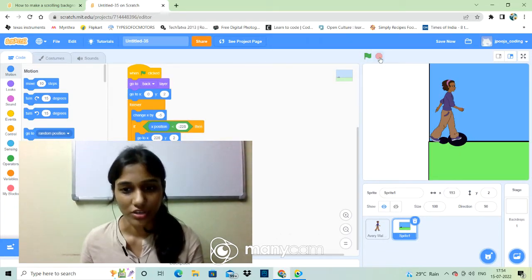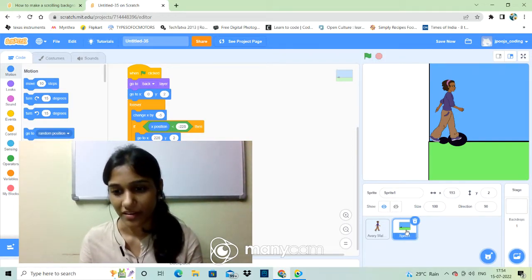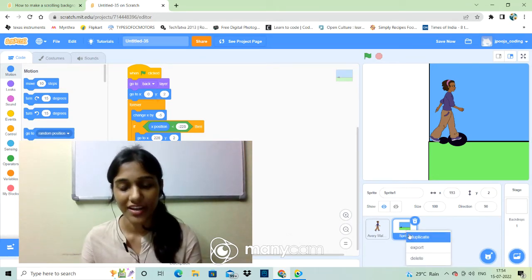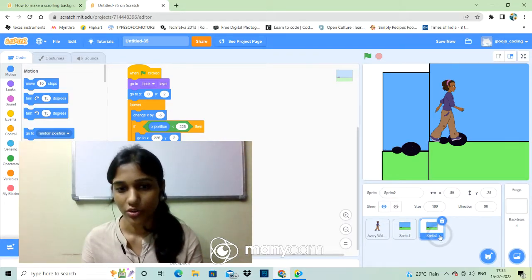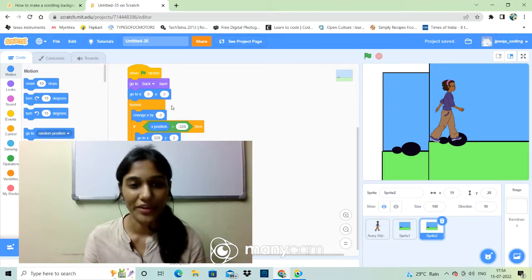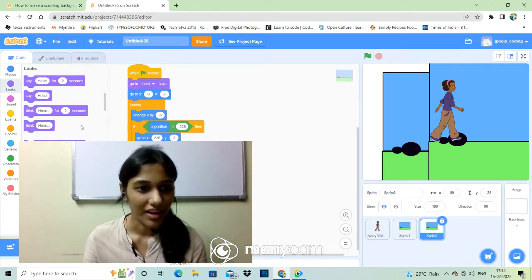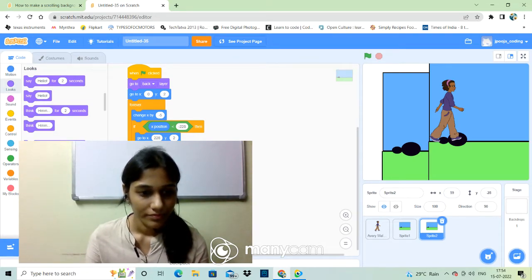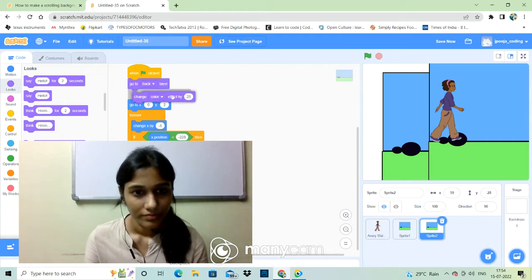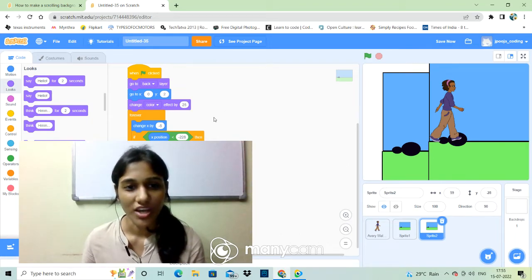To fill up that section, we will create a similar sprite. We can just click over here and click on duplicate. So we have got a duplicate sprite. And the code is even copied over here. But to see the difference, we can create a color change. So we can make this change color effect by 25